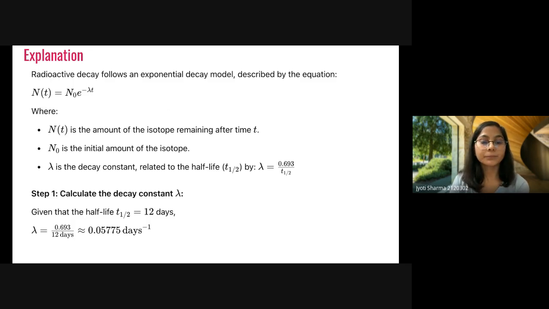So okay, we have that equation, N is equal to N naught e raised to power minus lambda t, and we have the half life. Based on that half life, you calculated the rate constant. So the rate constant is now 0.05775 per day, and you can see the unit of this rate constant. If it is per day or per time, it means this is a first order reaction, right? And this equation, that N is equal to N naught e raised to power minus lambda t, this is the first order decay equation, right?